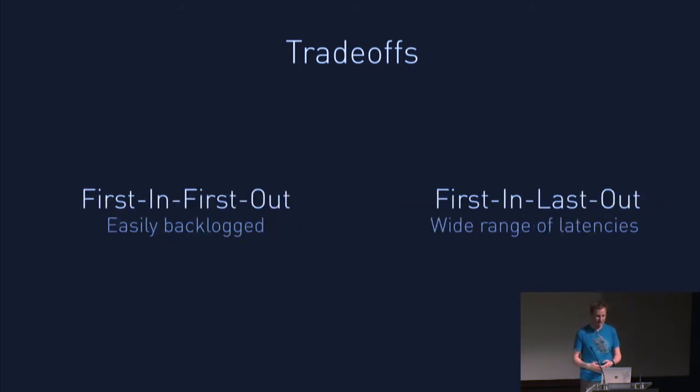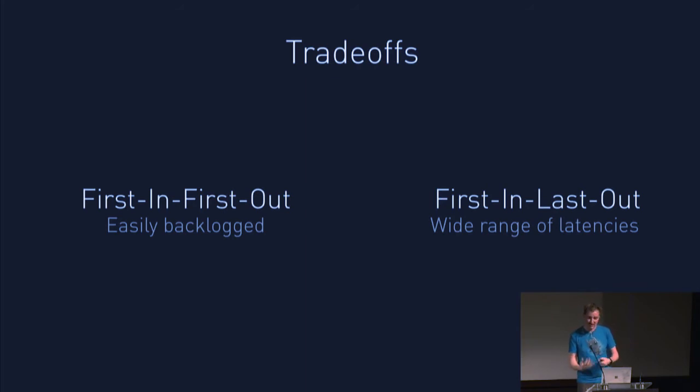Another interesting trade-off, and this isn't necessarily obvious to some people, is the kind of message queue you have. Most people think of a queue as first in, first out. That is, the first message into the queue is the first one that gets received by a client. They're in order. It makes a lot of sense. However, this does have an interesting side effect that when you have a huge rush of traffic, everything is backlogged equally. All the traffic that's piling on behind your first one is delayed by all the traffic in front of it.